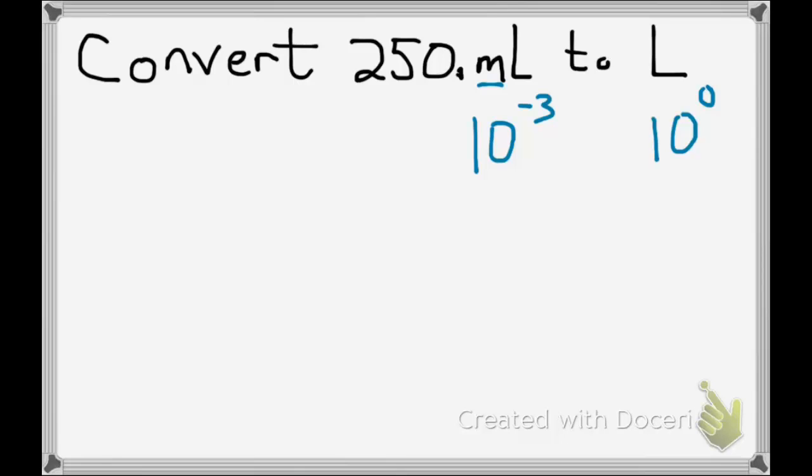And if you think about it, when you have equivalent amounts, if you've got a smaller unit, you're going to need more, quantitatively more of that smaller unit to equal a certain amount of a single larger unit. So if we've got 250 milliliters, the numerical equivalent in liters is going to be a smaller number. So whenever you're going from a small unit to a larger unit, you're going to move your decimal point to the left. So in this case, we're going to take that decimal point, we're going to move it 3 places to the left, and our answer would be